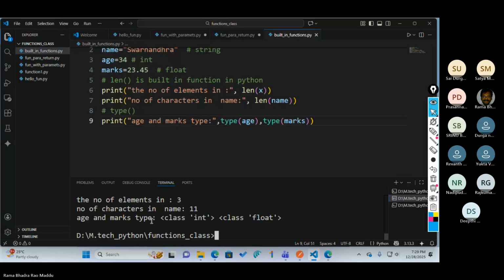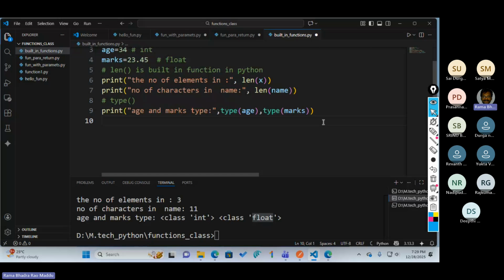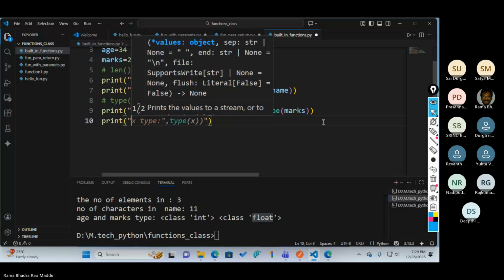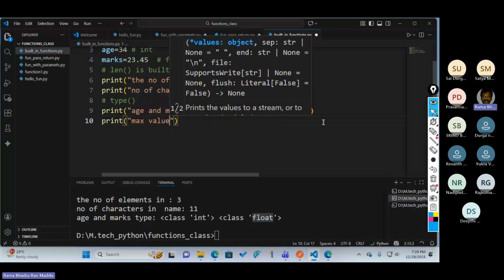So now it is an integer, it is a float. Age type is integer and marks type is float. Here type is also a built-in function. Instead of this directly, I can use something like max value.